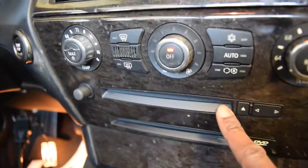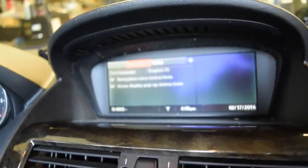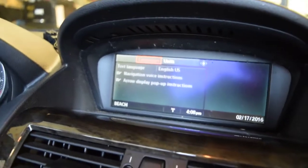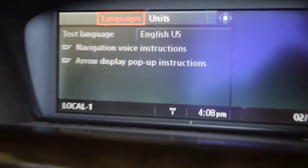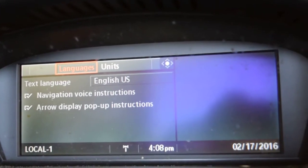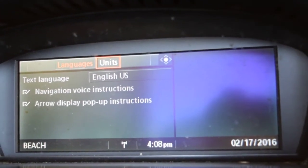a CD player here. I want a CD player to test it, but so far I think the unit is picking up radio stations. The time is being measured, and everything is working on the CID display. The car communication computer is working, but I don't know if the amplifier in the back is giving any output. We want some radio now, navigation, voice instructions, and units,